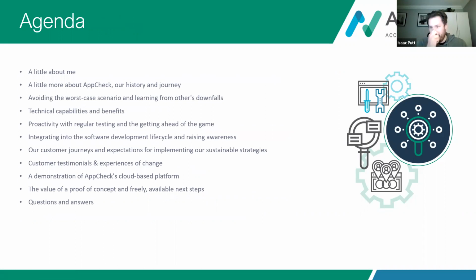Let's jump into things. So a little about me, as per the actual event itself, what was stated online. I'm our senior consultant here at AppCheck, a member of our sales team, a hybrid between both sales and onboarding new partners and whatnot. So that's me, and happy to take any questions as we go through things. From a technical aspect, I'll go as far as I can into giving you the technical overview of AppCheck, but of course I'm happy to take questions towards the end or arrange follow-up sessions as we go through.